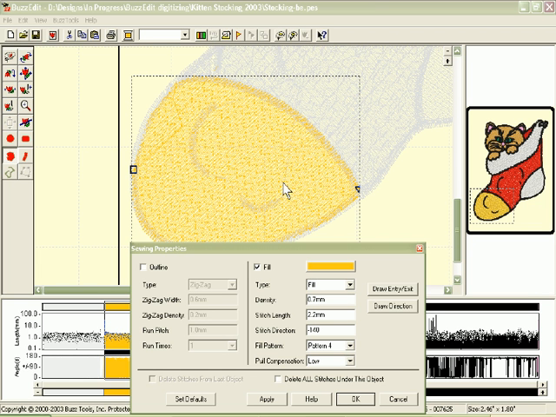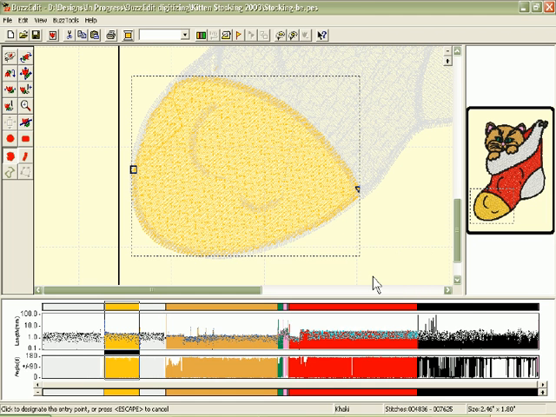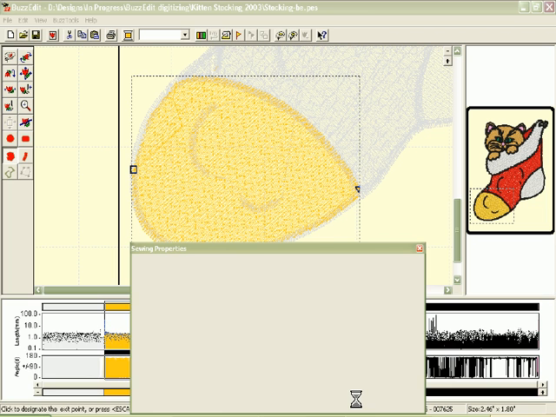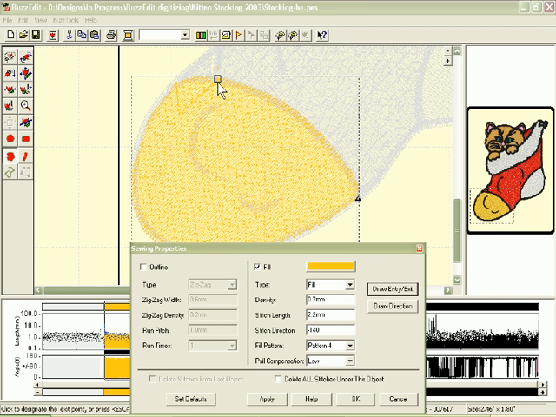The first thing we're going to look at are where the starts and stops are. The square is my start and the triangle is my stop. I need to change those to match what they were before, so I click on the Change Entry Exit, and I simply click with my mouse where I want the start and the stop. As soon as I do that, the stitches are regenerated,